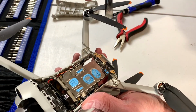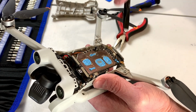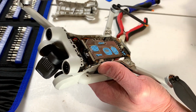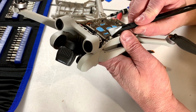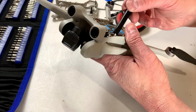Yeah, I think what I'm going to do when I put this back together is I'm going to reapply thermal interface material, and I'm going to use my good stuff rather than this stuff. I'm not sure I'm liking it, so yeah, that's the plan. I'll have to go and track it down. I don't know where I used it last, but